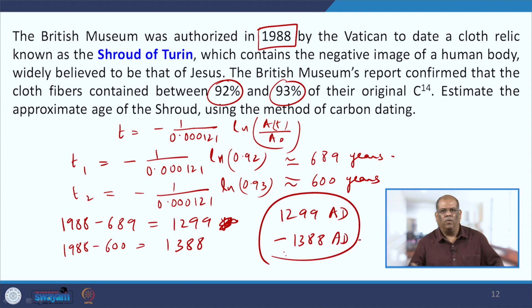So, that is how we calculate, using a mathematical model and this technique of carbon dating, to approximately find the age of a particular fossil or relic. In this case, it was the Shroud of Turin. So, with that we come to the end of this lecture about the mathematical model of carbon dating. In the next lecture, we will take up some very interesting models. Till then,